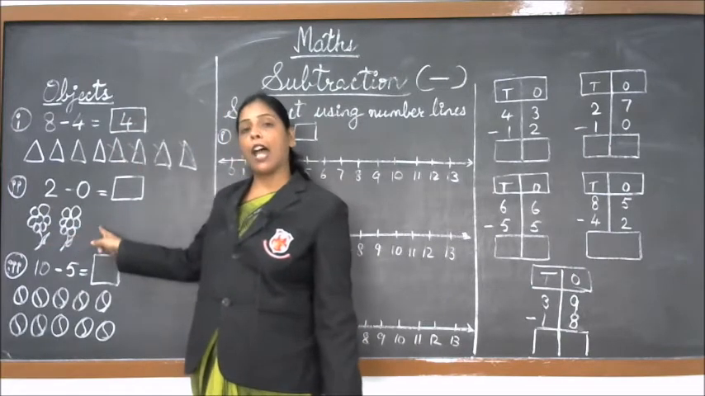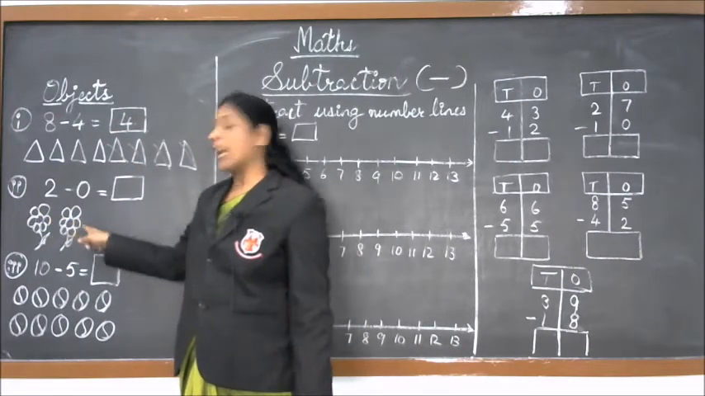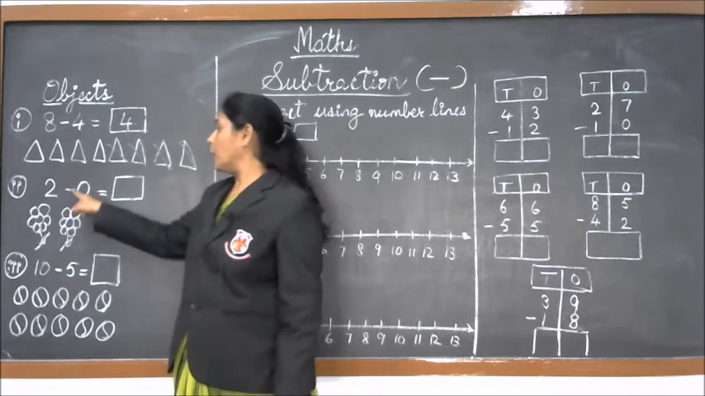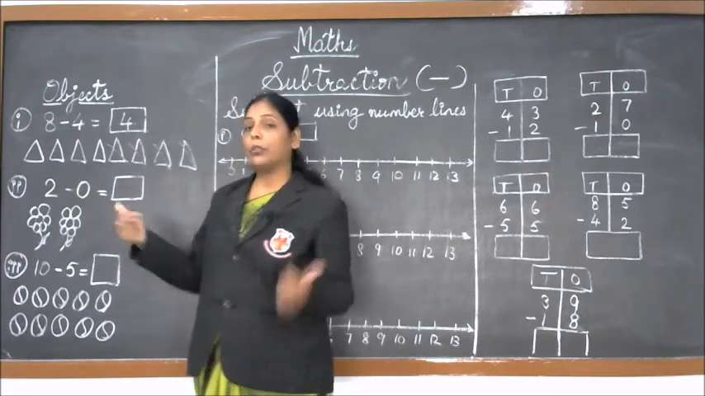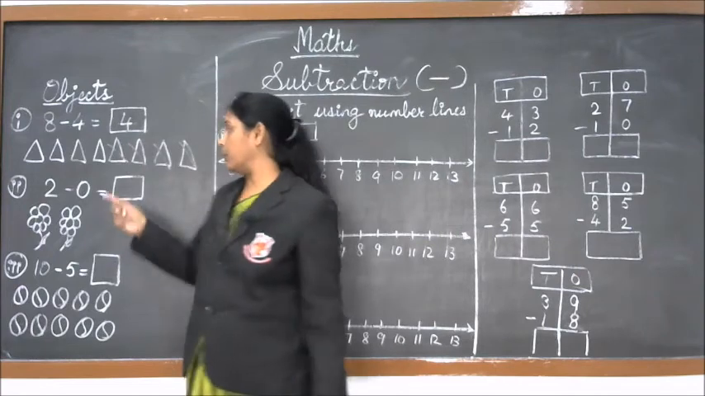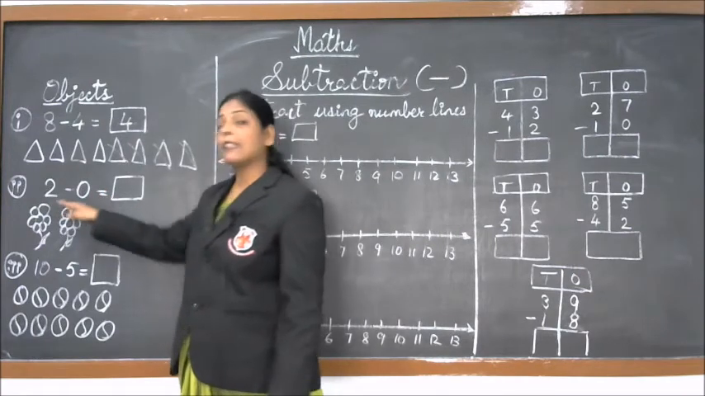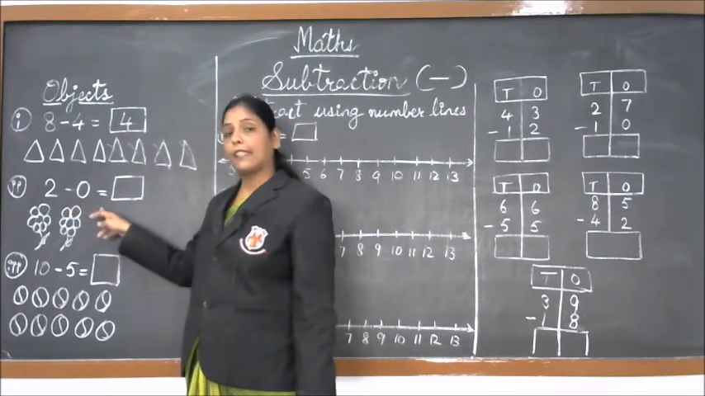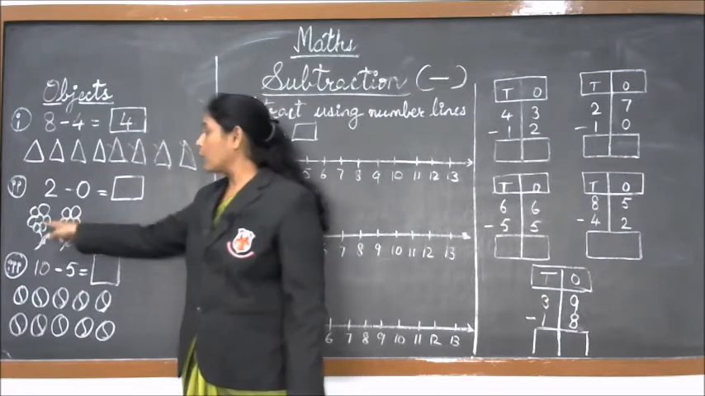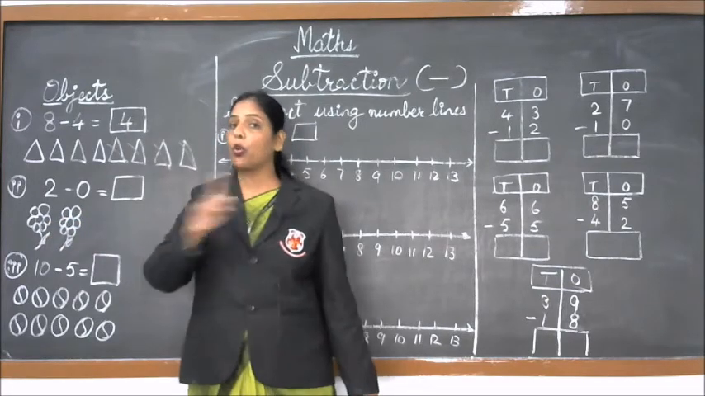Now, look at these flowers. These are 2 flowers, 2 minus 0. 0 means it has no value. But when the sum is given as 2 minus 0, that means out of these 2 flowers, you don't have to